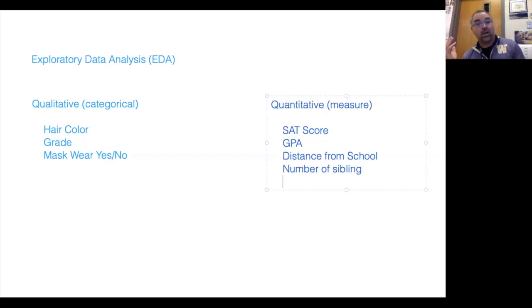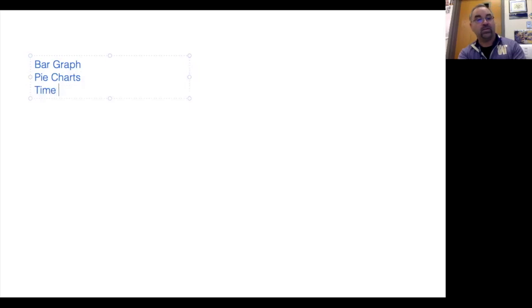All right, so depending on what kind of data we have, what kind of graph could we display with, right? So I'm just going to list out some graph types. Normally we just popcorn this out in class, but I'm guessing that you guys have all done bar graphs before, and pie charts, and what other kind of graph have you done? Maybe a time series graph, where you plot a certain quantity over time. There's lots of displays out there that we're going to see, but these are probably the ones that you're most